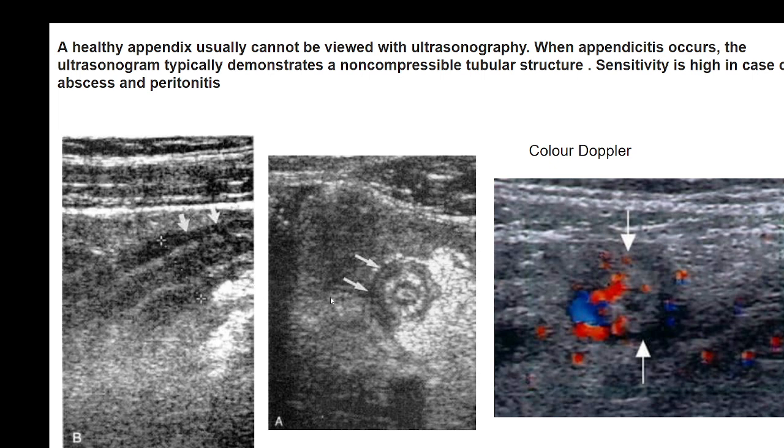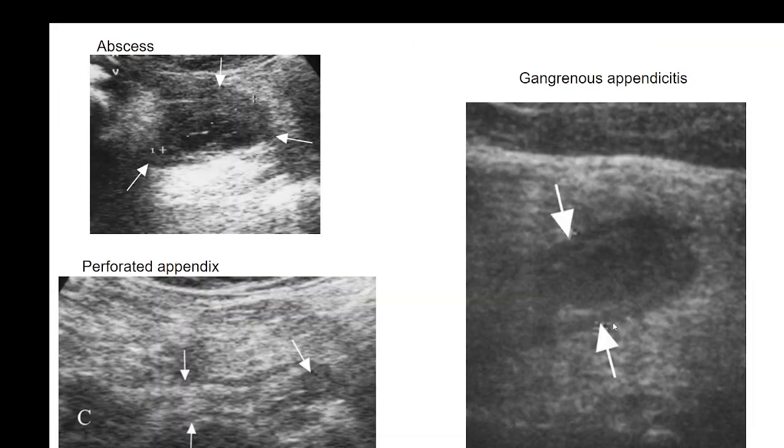Of course, the other stages and complications like appendicular mass or appendicular abscess can be better differentiated by ultrasonography, like an abscess where you can make out the collection of pus easily. With ultrasonography, the chances of missing this would be lesser. A perforated appendix with leaked air, gas shadow around the area of the appendix, and the layers of the appendix being differentiated, that can be made out